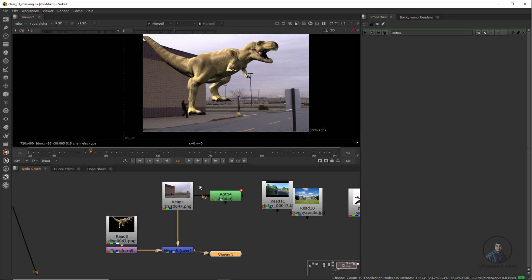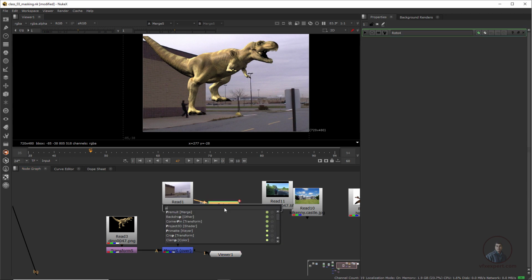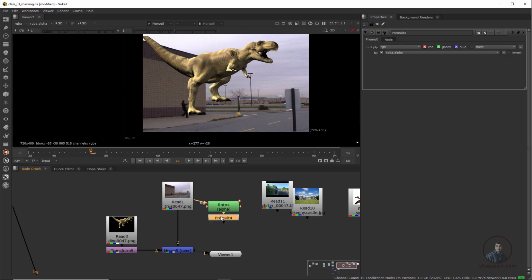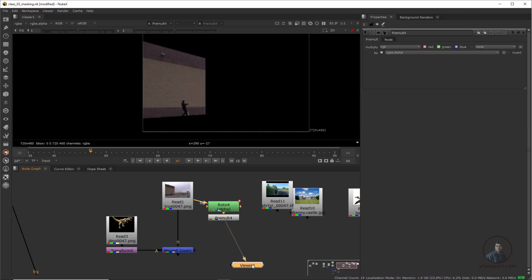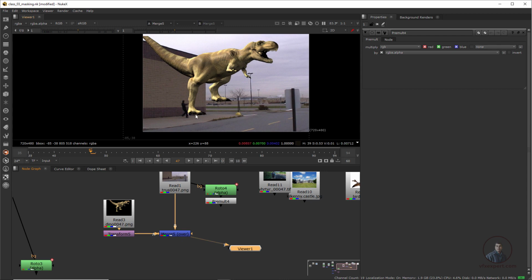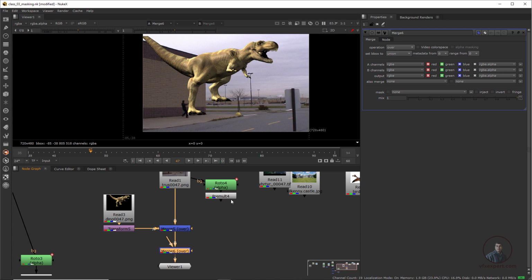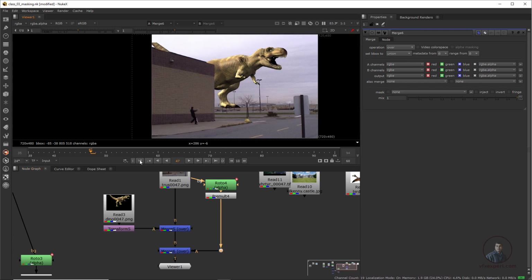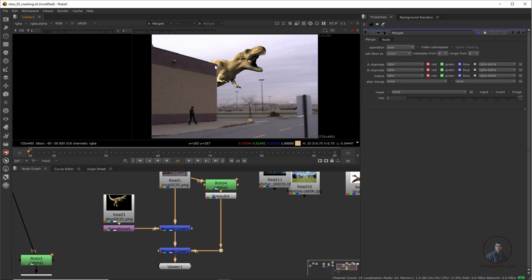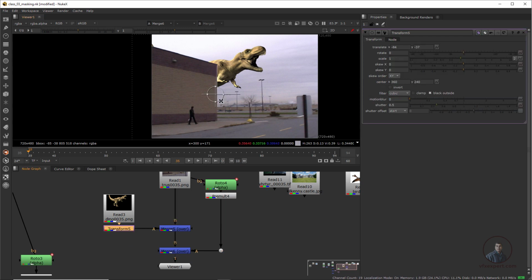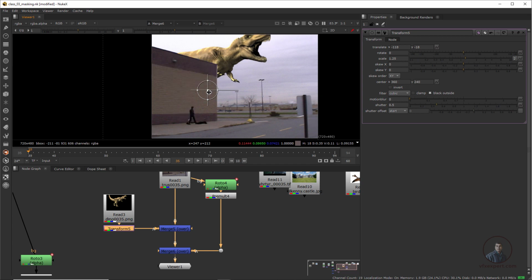Now this is our main compositing, and I want to place this dinosaur behind this wall. After this roto node, you can use a premult. Press type premult here. I have extracted this wall, so you can merge it on top of this compositing. Then take another merge node, press M, connect it here, and this wall will be our foreground. Now hold control and place it here. Now you can see this is looking good. This dino is now coming behind this wall, and you can adjust the dino size, even position, all these things here.